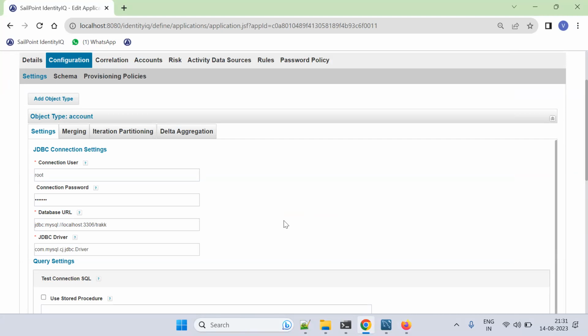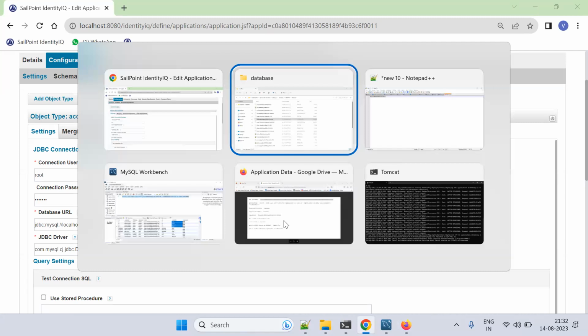But SailPoint says that by the time you are downloading this version, Identity IQ 8.2, this was launched last year. Now we are using it, let's say, in August. It is possible that during this time there are some vulnerabilities inside the MySQL database. So MySQL might want to change their jar file. So if you go to